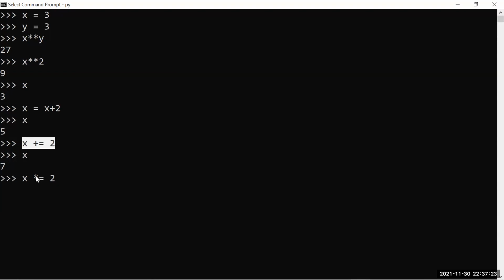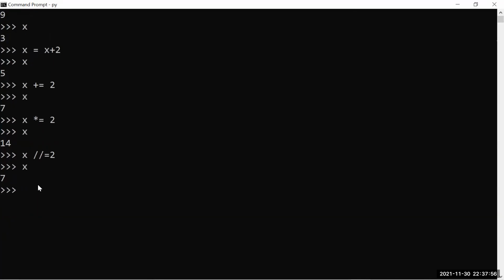In the similar way, we can also do the same process with the multiplication, addition, and division as well. If I press enter in this case, now x value has been updated. If I check for x value, what is the value it is going to return? 7 2s are 14. Got it? If I want to divide this x integer division by 2, वाले तो चल गया, अभी x क्या हो जाएगा? फिर से 7 हो जाएगा. So that's how even we can perform this using modulus as well.